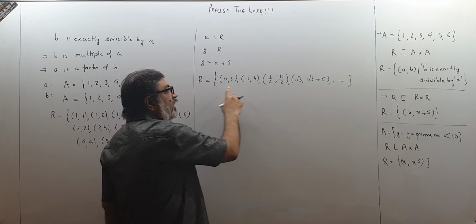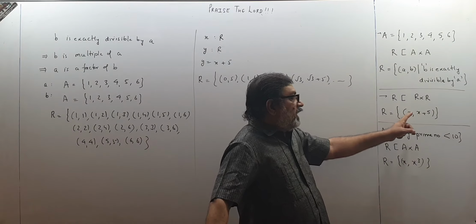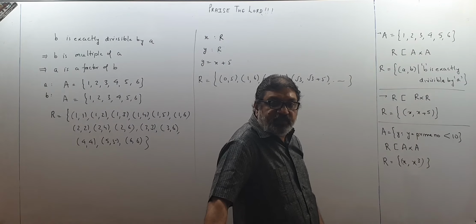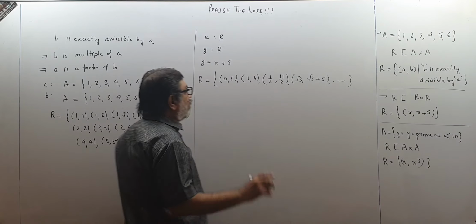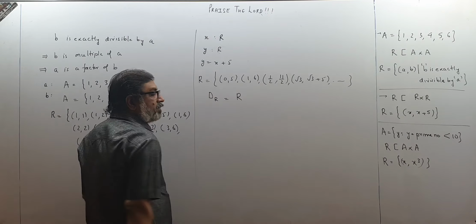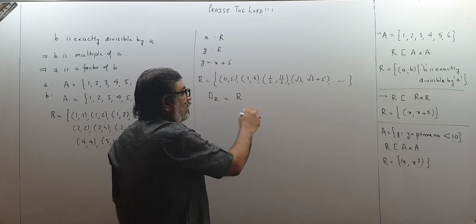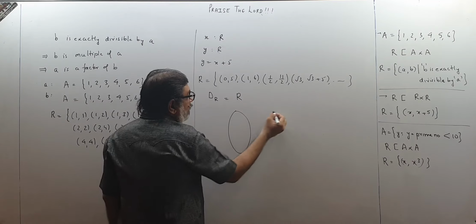Domain will contain all the elements, children. Because every x I can pick up from R. And x plus 5 I will get in the second set. So domain will be over here in this case. Domain of R will become the set of real numbers. And I know that for every number, see, like this I am making. This was R to R.